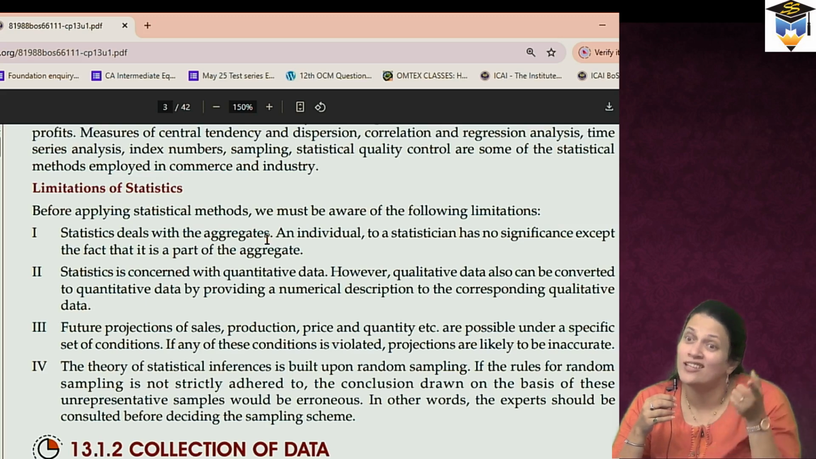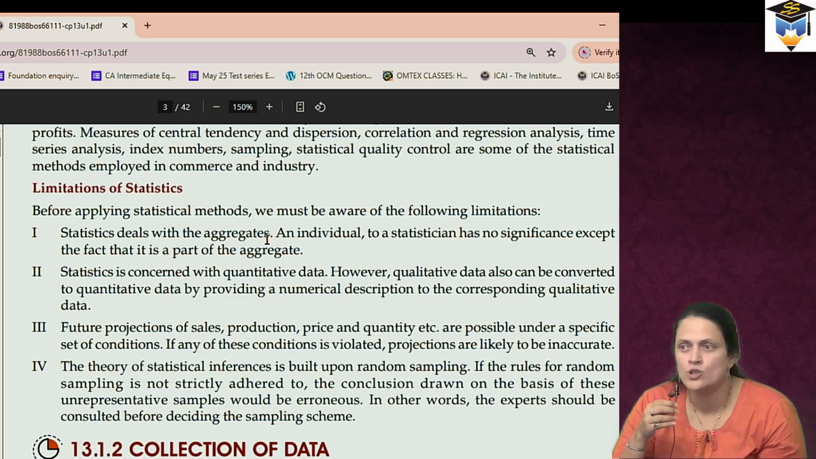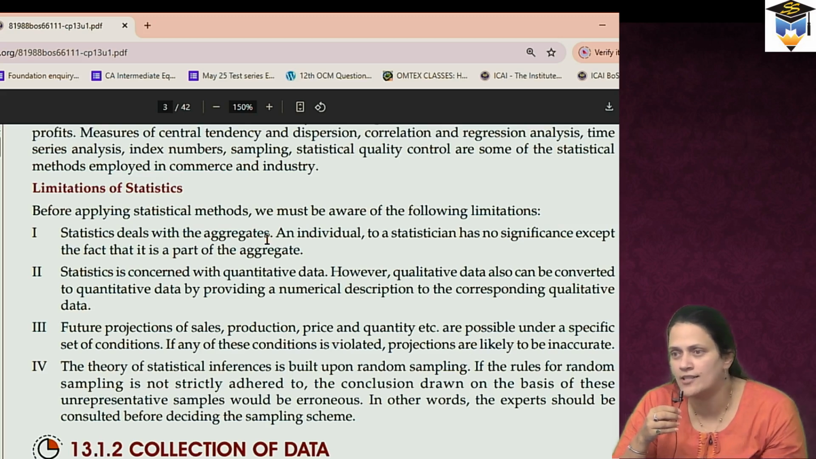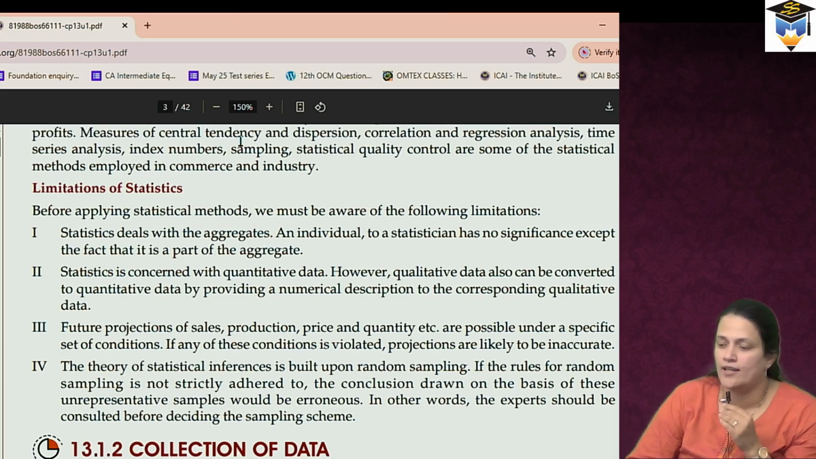Understood? So this is again a limitation of statistics. So have you understood what the limitations of statistics are? Any doubt? Okay. Now,